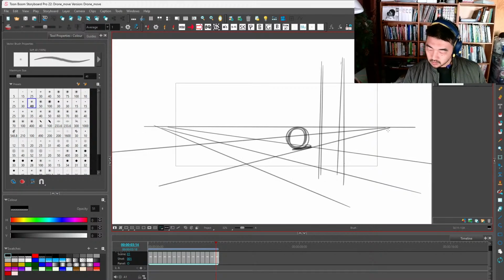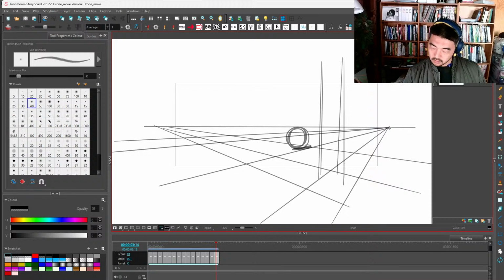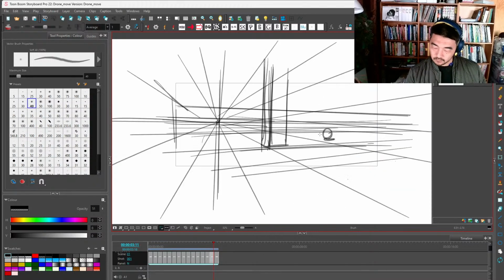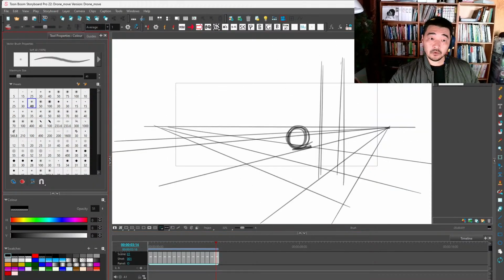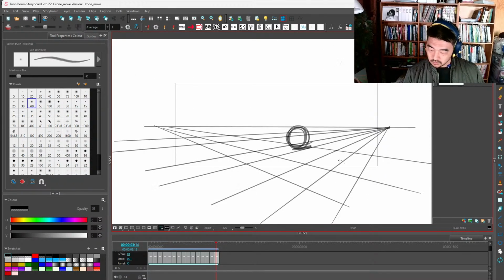The other vanishing point this way. Let's keep moving. I'm noticing they're doing a lot of foreground stuff, which is cool. Always have stuff passing in the foreground.